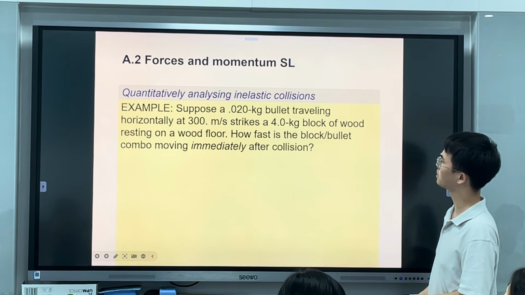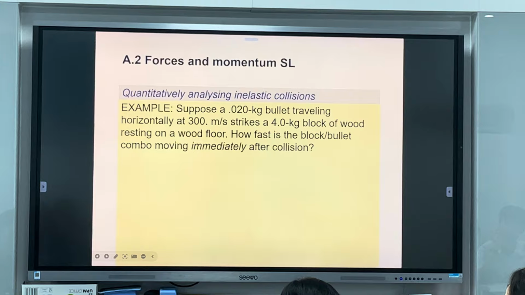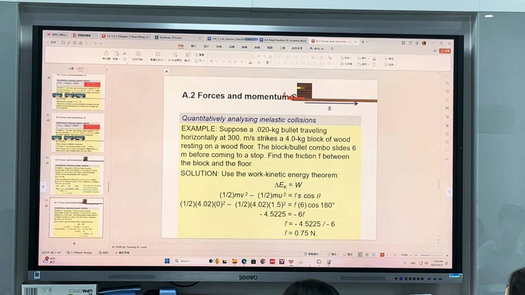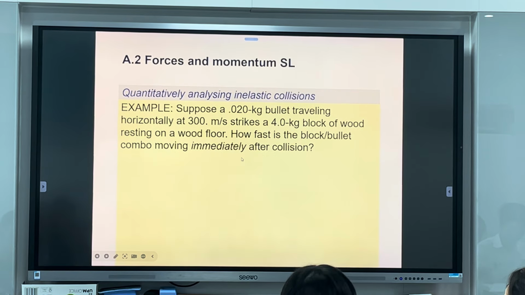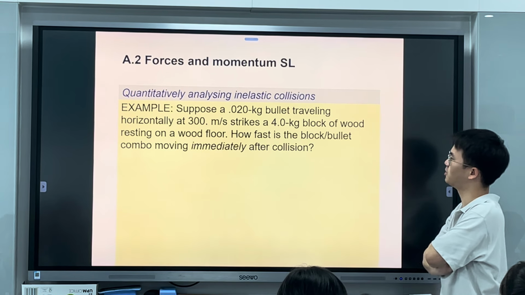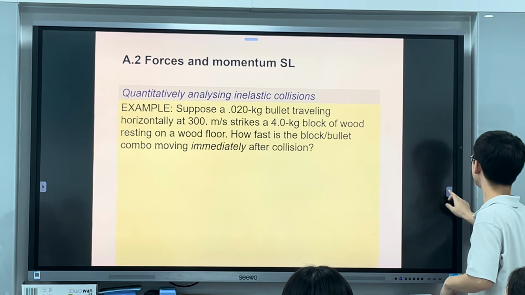Alright, so here we have more example questions. We're just going to do one more, because this one is interesting. Suppose a 0.020 kg bullet traveling horizontally at 300 meters per second. Oh, by the way,